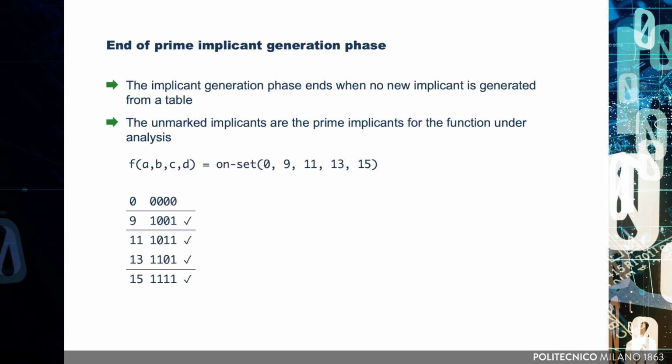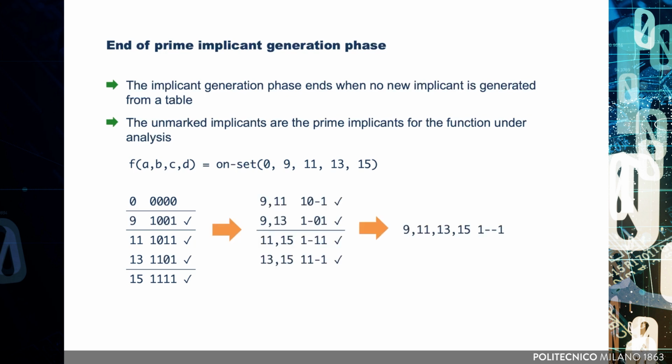Here you can see the full execution of the prime implicant generation phase on the example we've been using. As you'll notice, the process stops at the third table, which contains only one implicant. Since that implicant cannot be reduced any further, the expansion phase terminates. In other examples, the final table may contain several implicants, but in that case, all of them will either have don't cares in different positions or be at a Hamming distance greater than 1, which means no further combinations are possible.